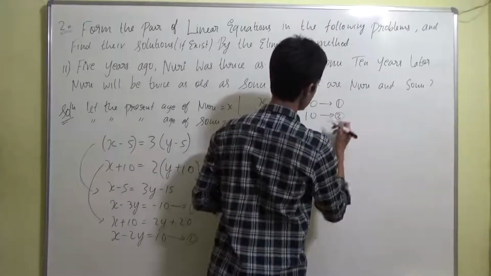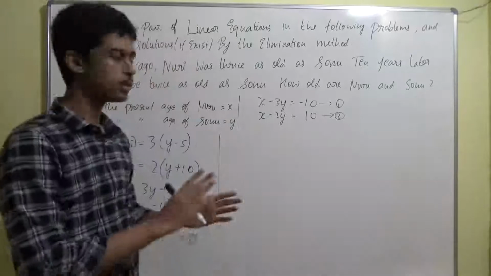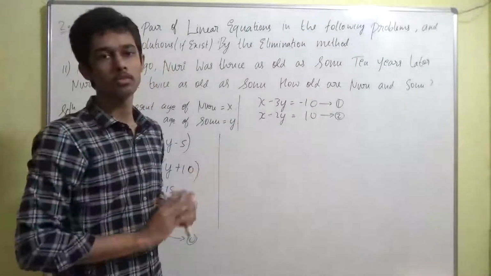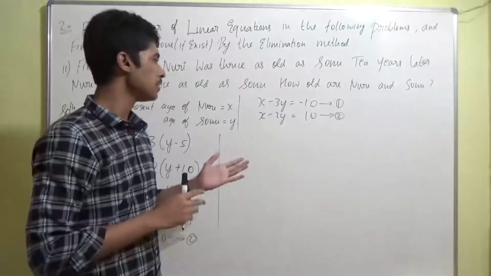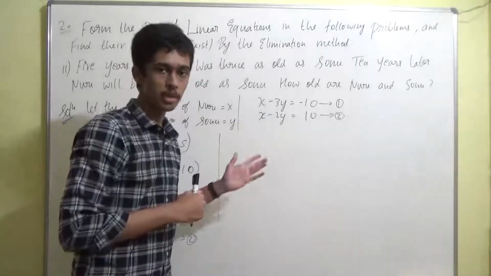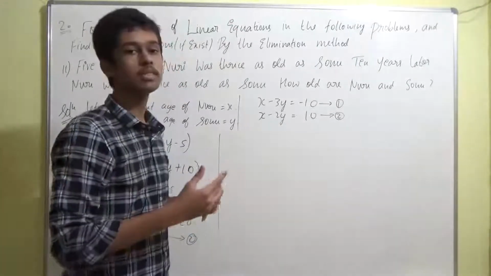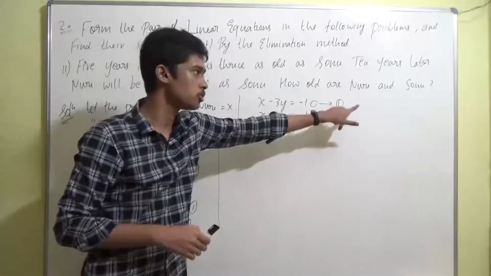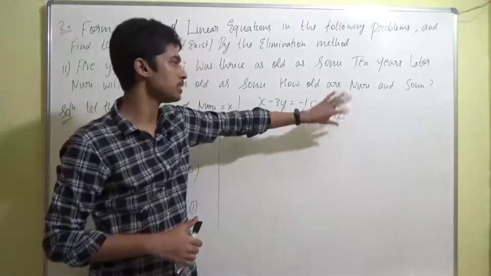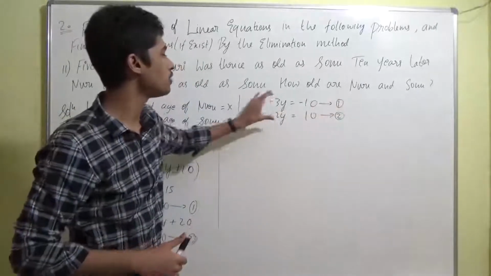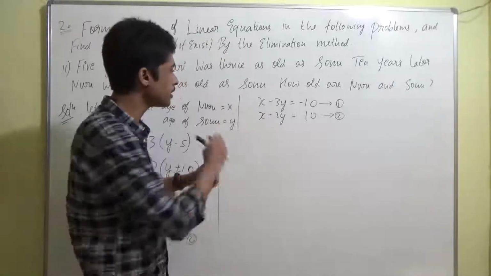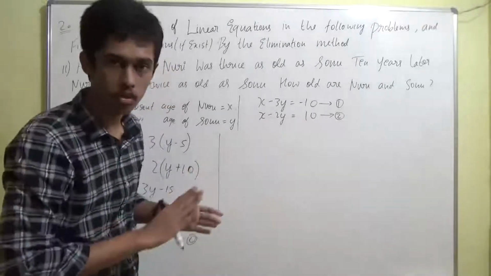So in the elimination step, what you have to do, guys, is make the term of any one variable, be it x or y, the same, so that it will be easy for us to cancel it off, that is, to eliminate it. But if it is not the same, you will make it the same by multiplying, right? By multiplying this by 2 or this by 3, in such numbers, so that any two terms with the variable x or y come out to be the same, so that you can subtract or add and cancel it off, right?